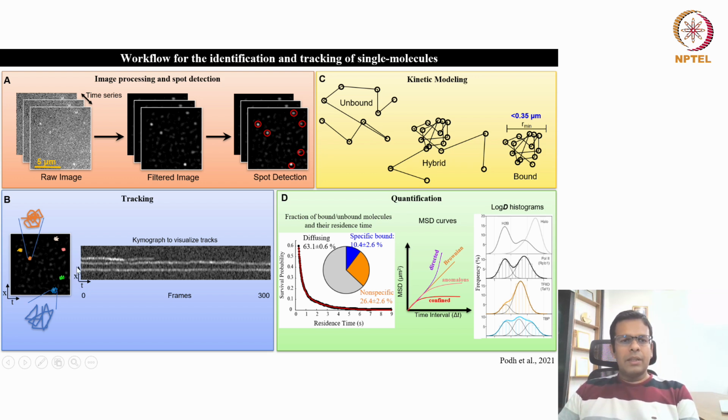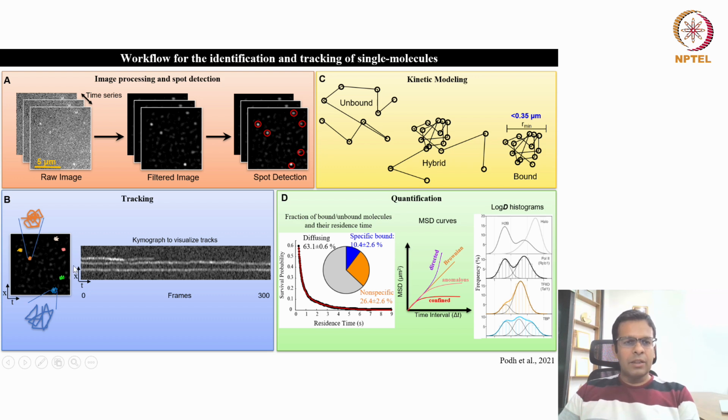And here you can see the X and T representation of the trajectories. This is known as the kymograph. Let's say I took the time-lapse movie for 300 frames. So on the x-axis, from 0 frames to 300 frames. And this is the XY projection. So you can see how long each individual molecule survived. Let's say this first line represents this molecule, which survived from frame zero to, let's say, somewhere around 140 frames.